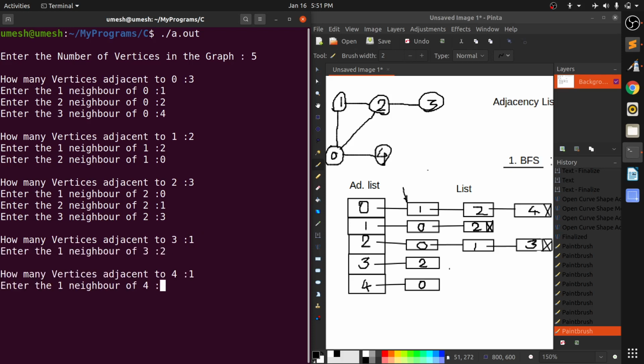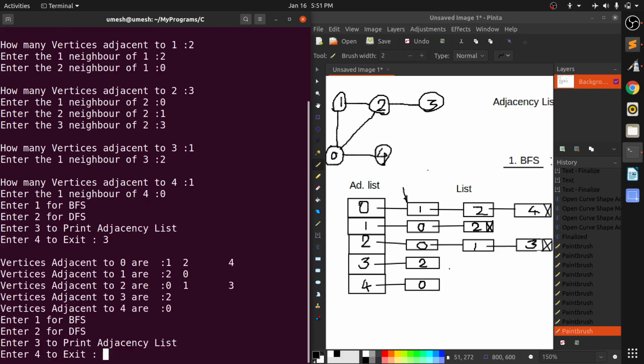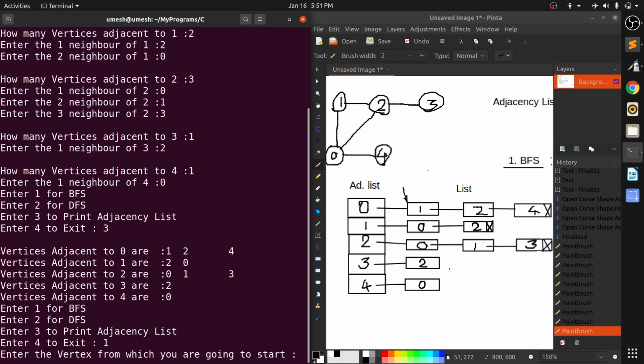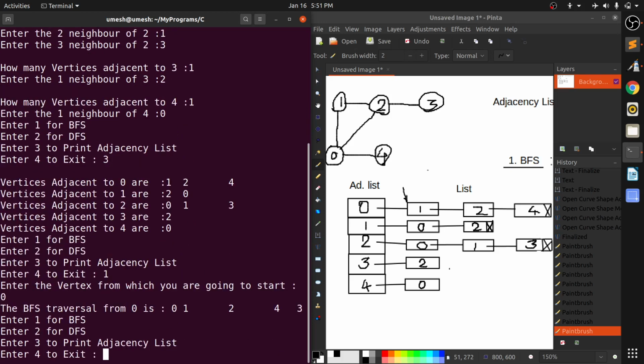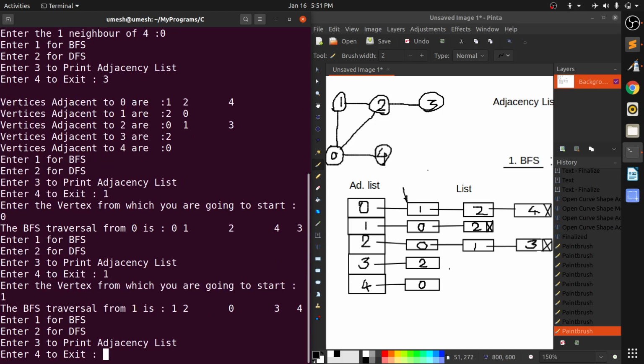Then print adjacency list, print BFS, and our BFS will start from 0. In the 0 case, the nodes adjacent to 0, that is 1, 2 and 4, are printed first and then 3. From 1 we have already discussed, so let's try for 2.